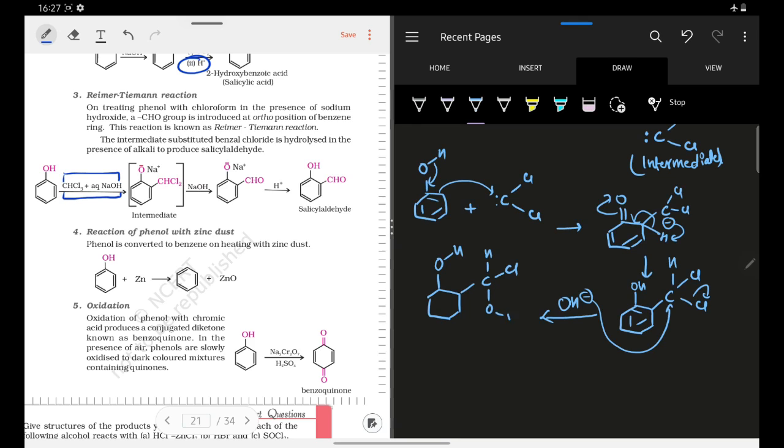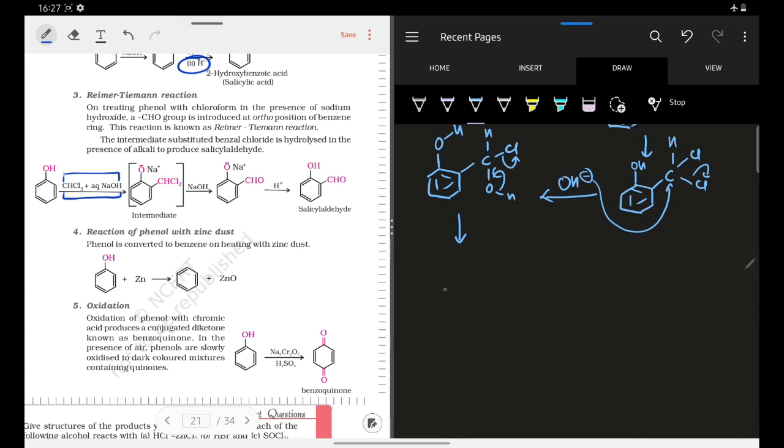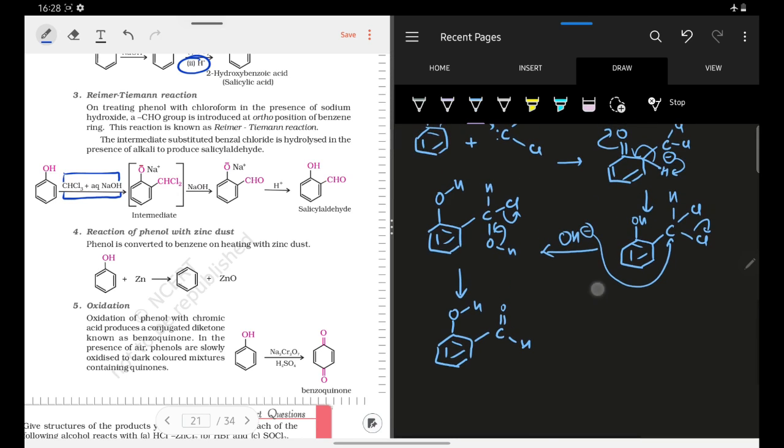HCl OH. So we know that once this electron moves here, this leaving group, this chlorine, will leave. So it will lead to this. So you will obtain a carbonyl carbon atom. You have OH and then you have C double bond O and then you have H. So this is the product that is formed. So this much you should remember, how this reaction is actually occurring.